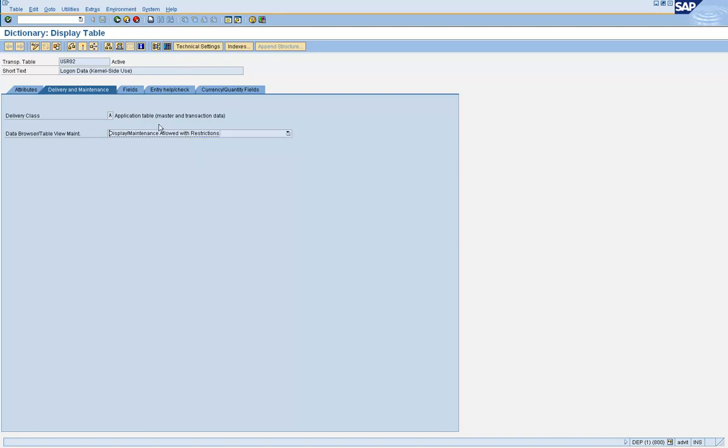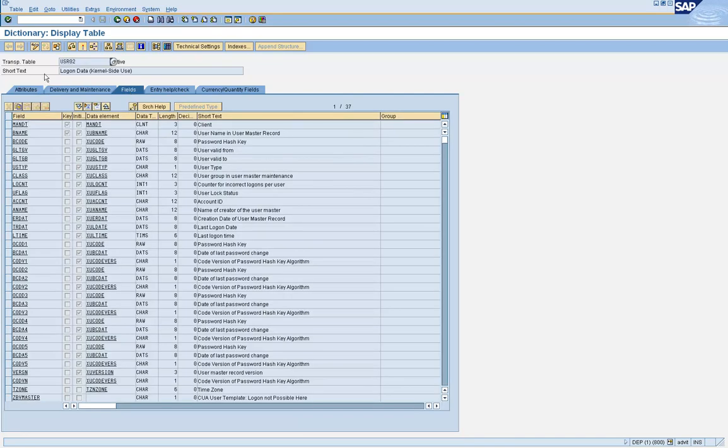Now this is applicable for tables which are considered to be client data, which is considered to be client dependent. For example, the data in the table USR02 is client dependent, meaning if I am logged into client 800, when I look at the data from this table, I can see the user information of the users for this client only.